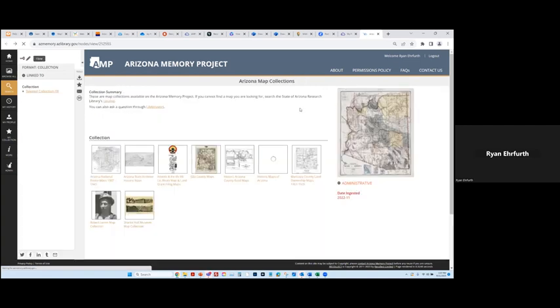And if you want to go back, you can always see what other maps are available. We've got railroad maps, Robert Lennon, Charlotte Hall, Maricopa County land ownership maps. And this is a project that I'm personally working on right now, historic maps of Arizona. But before we dive too deep into those specifics, I'll show you some